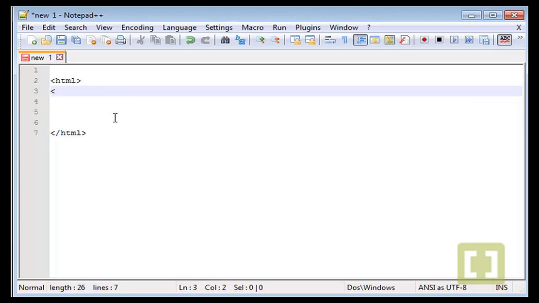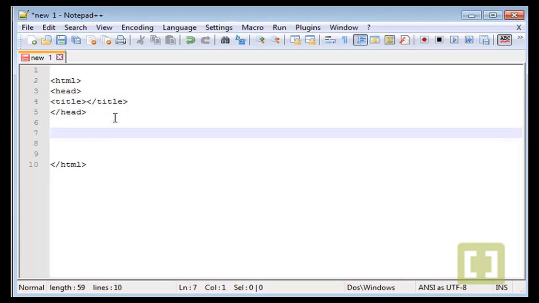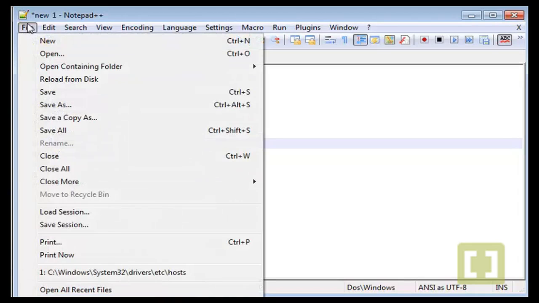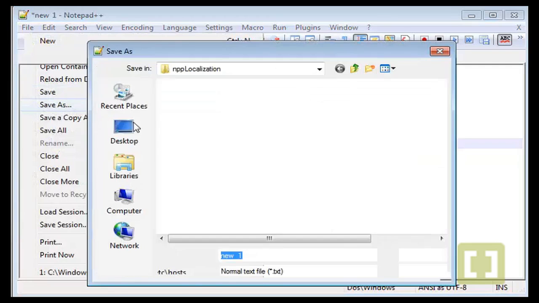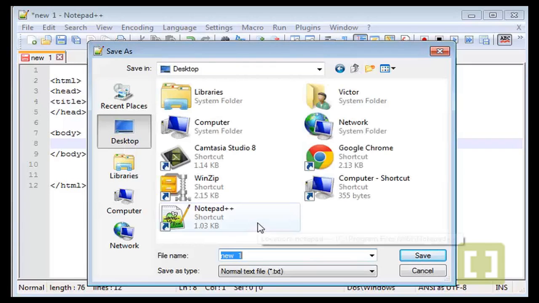If you will remember from the first chapter, we just create HTML tags and then the head, close head, and then we can type here title, close title, and the body section, close body. Okay. Now let's save this as, I'm gonna save this on my desktop and call it